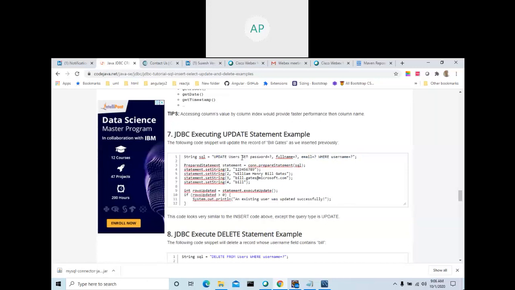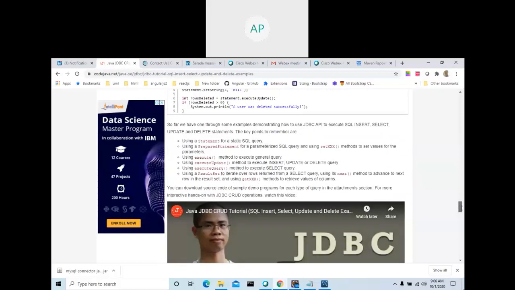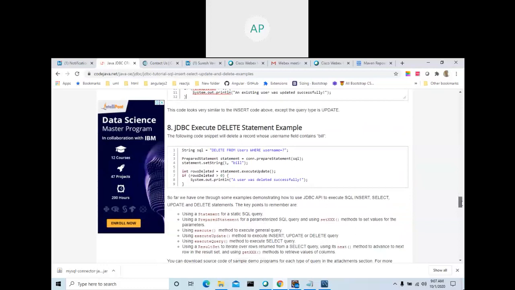This one is to update. See here, this update query, update user certificate. Since we are using prepared statement, this is the right approach. Statement is a different approach, concatenating the string. Don't use statement, use only prepared statement. Update user, this is a table name. Update, set, question mark, where condition question mark. How many question marks are here? 1, 2, 3, 4. For the first question mark, this is the one. Second, this is the one. Third, this is the one. Fourth, this is the one. See, execute update, and after this, it will return an integer. If it is greater than 0, it is done successfully. Otherwise, it's not done successfully. So when you read this, you will understand all the things.